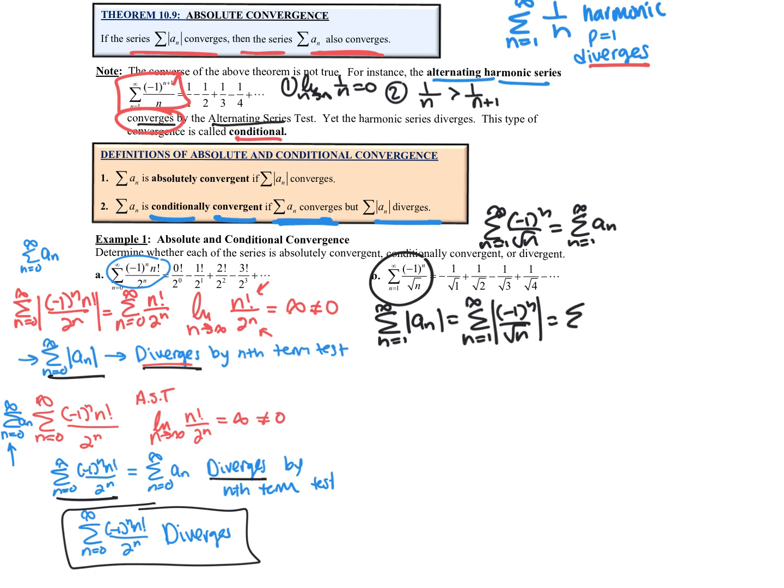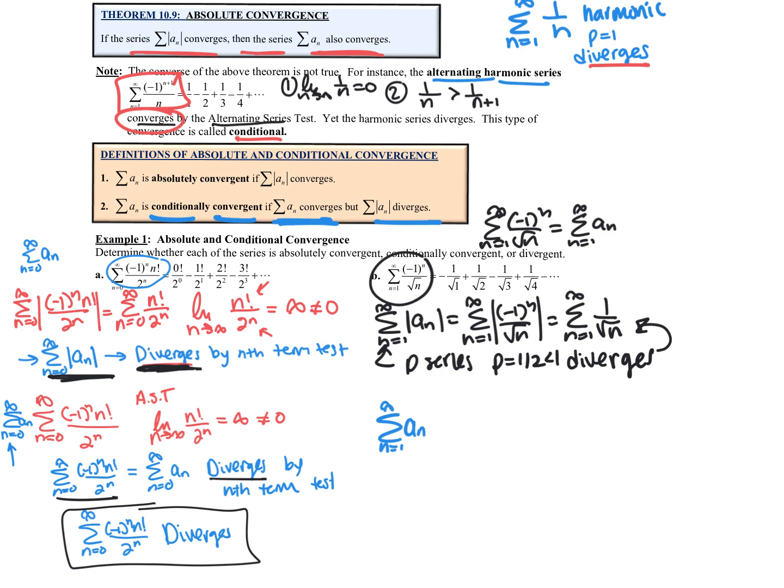So the absolute value of our series here is going to just be 1 over the square root of n. Now this is a p-series with p equal to 1/2. And so by the p-series test, this guy diverges because this is less than 1. So the absolute value diverges. So that happened over here too. The absolute value diverged. Okay, and so now we're going to go and test the original series,